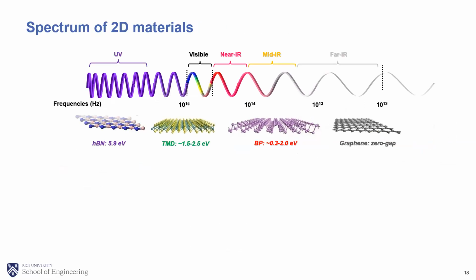So we actually have a large group of 2D materials, and they span a wide electromagnetic spectral range. And for different electromagnetic spectral ranges, we can have different types of 2D material that can be particularly useful for these spectral ranges. So in addition to these natural 2D materials, we can also make designer 2D materials. So we can make some artificial structures and approach their properties to what you desire.